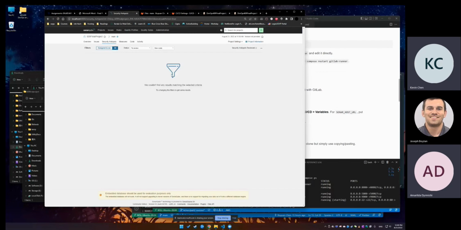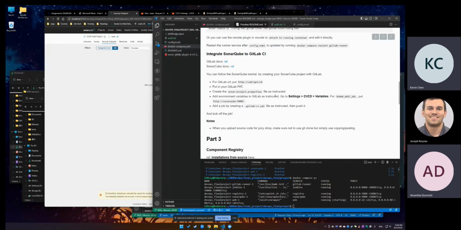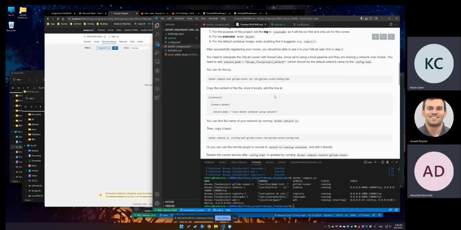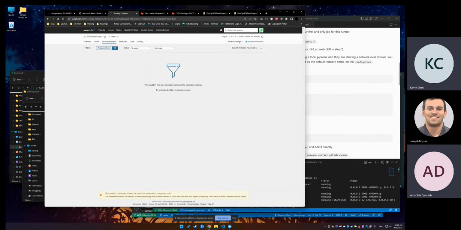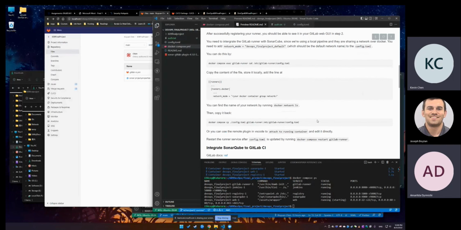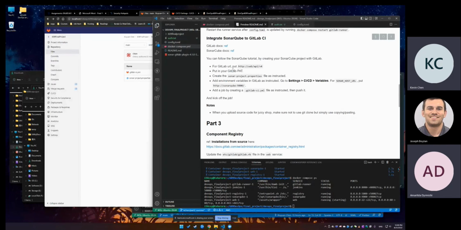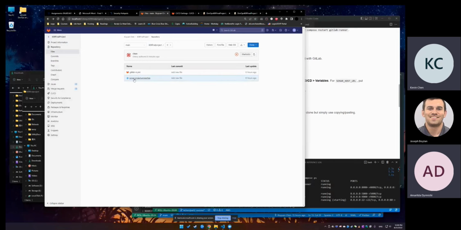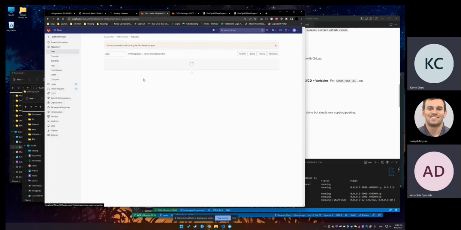But when the service is first up, you'll want to configure it as we did in the previous assignment. And then when you create a new project, it will allow you to connect that project to GitLab. And then finally, for the integration, we need to put the correct settings in both GitLab and SonarQube. And then we need to have these files as SonarQube instructed us. So the content of these files, they would look like,